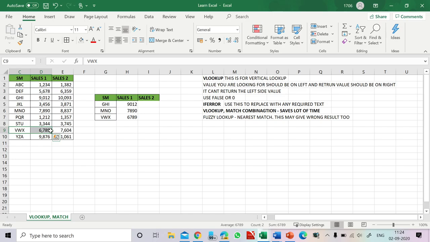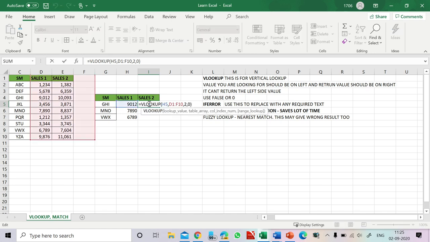Now let us see how to get sales 2. To get sales 2, again we have to calculate using the formula, or you can just drag it, but we may need to do some modification in the formula. Let's see how it happens. If I simply drag this to the right side, what happens? It is giving 10093. Is this correct? This may be correct. For GHI, it is giving 10093, but